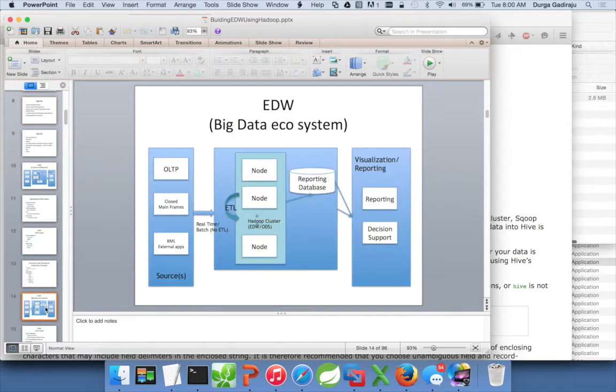So from the business, from the actual use case, from the EDW perspective, we have seen the Hive architecture, which will be a database in the Hadoop cluster, and we have created a few tables in both EWS and ODS following certain conventions, and also addressing a few of the challenges the Hadoop ecosystem brings in. And then we are talking about how to extract and load data from disparate sources into ODS in the Hadoop